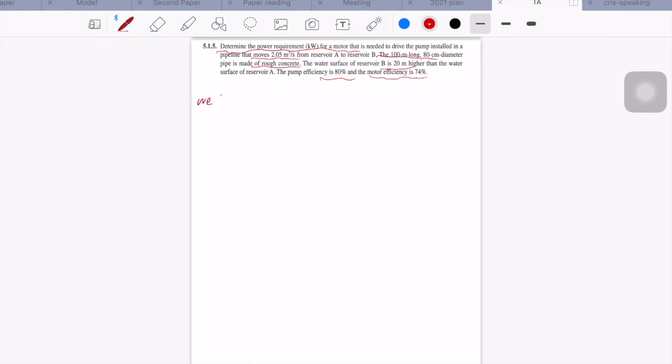And now we balance energy from reservoir A to reservoir B. And according to equation 4.2 in the textbook, we know HA plus HP equals HB plus HL. This is equation 4.2 in the textbook. And for the HA and HB,